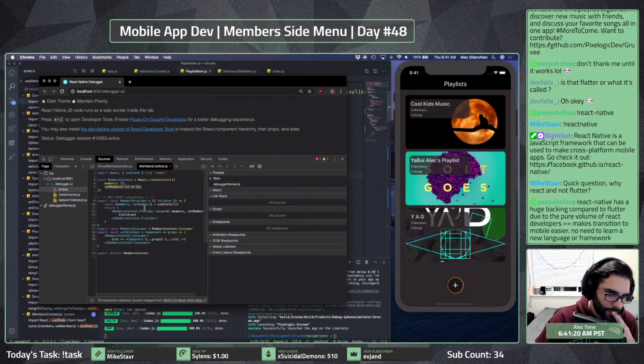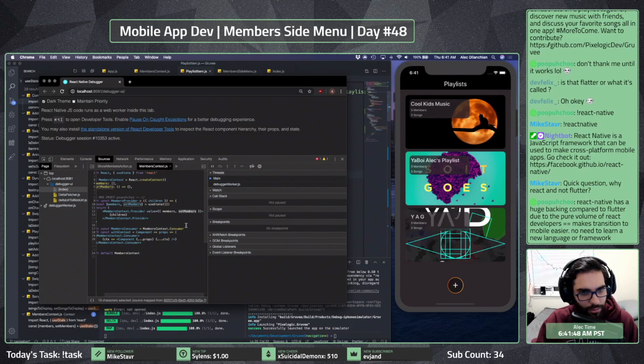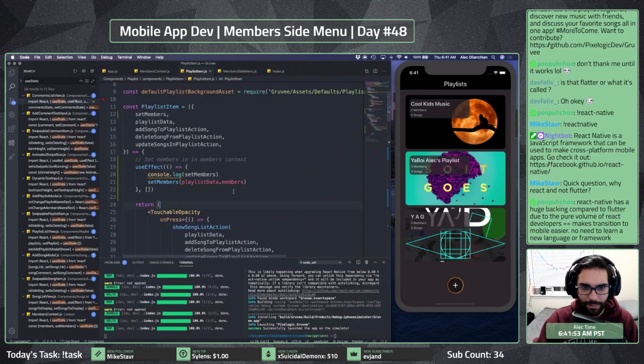Oh, but technically, this set members is initialized as a lambda, right? But if I do pass this in here, my members provider, I don't know if it's using the useState one. Does that make sense?